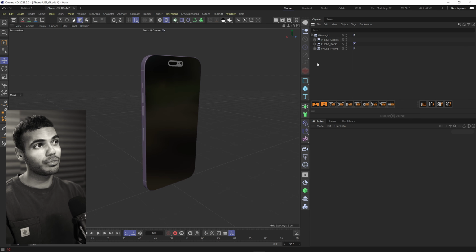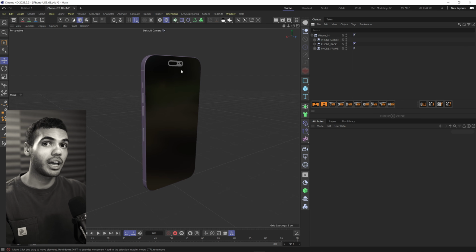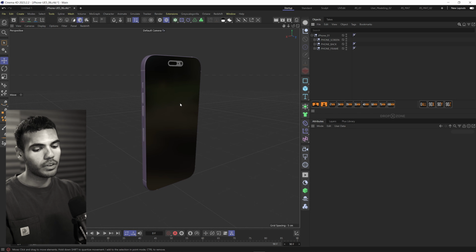Okay, so I'm in Cinema 4D with my model. By the way, I got this model for free on Sketchfab. You can do the same. I'll add a link below to where I got mine from. It's not perfect, but if you remesh a bunch of stuff, it ends up working quite well, and I remodeled a few bits, but overall it's really good for just a personal project.